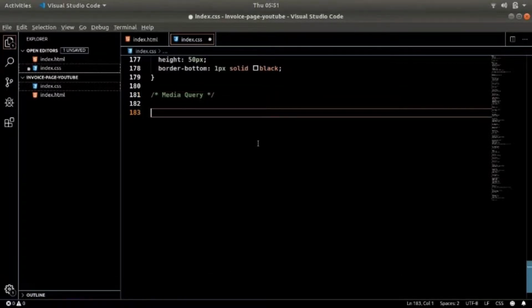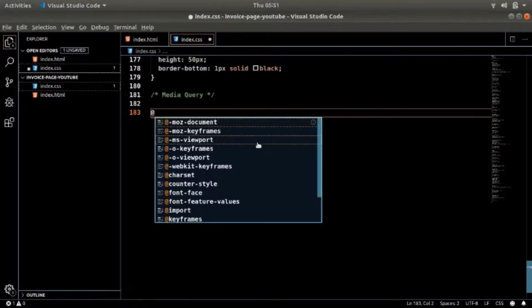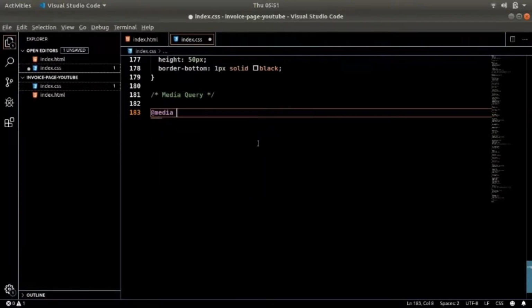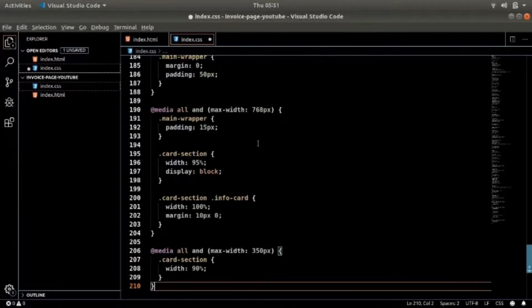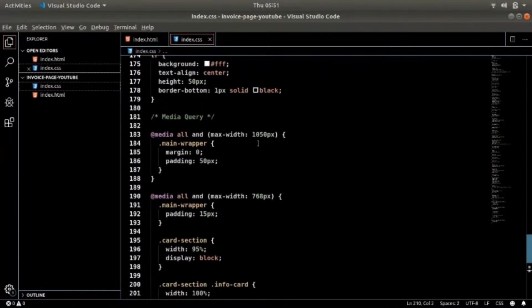What the media query does is it takes a specific size, and beyond that size it defines how the website layout will be affected. For example, I can add the @media rule, and I can say all, and I can define the width. So I'll just copy what we have for the media query. Don't worry, I'm going to explain it.